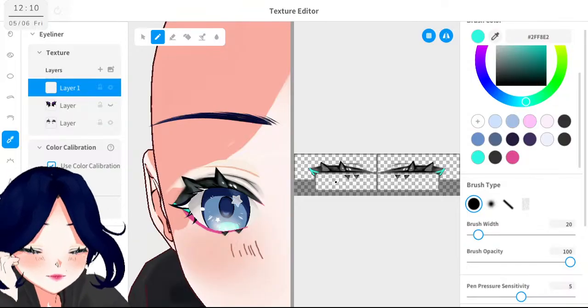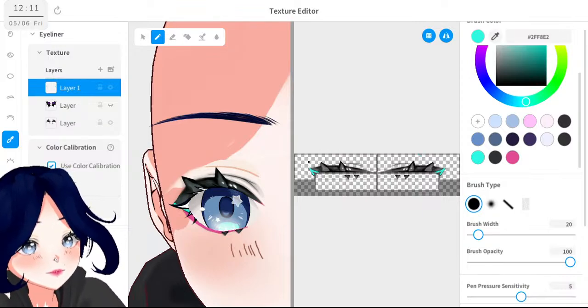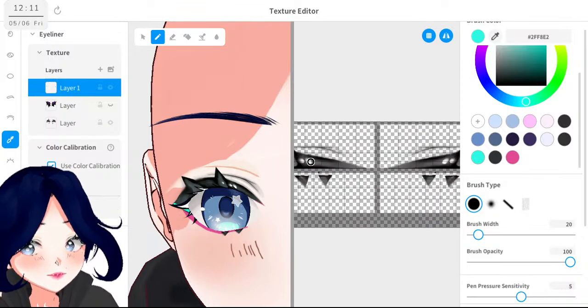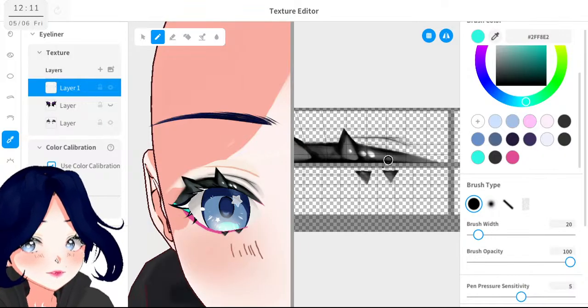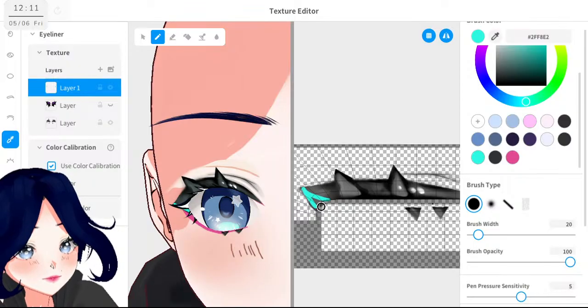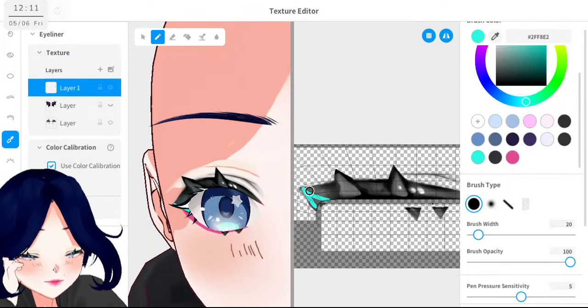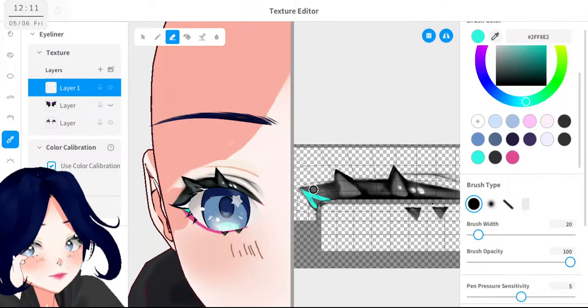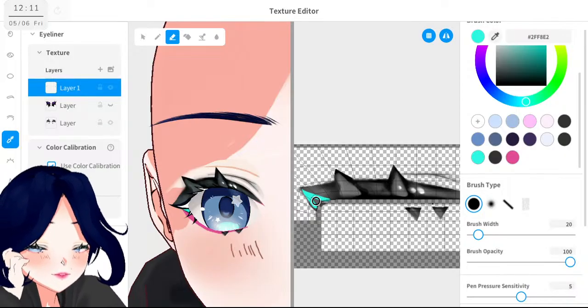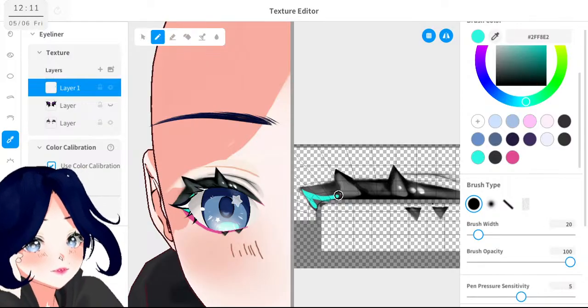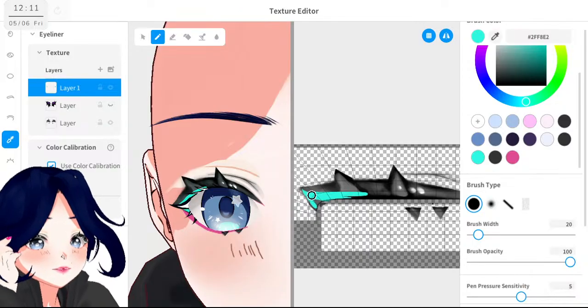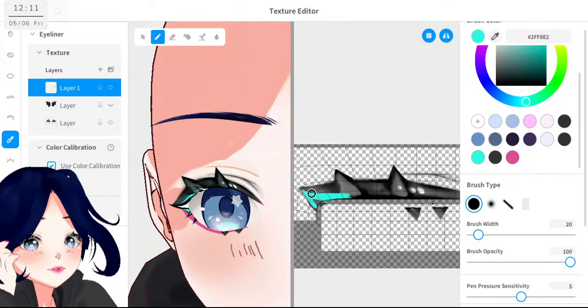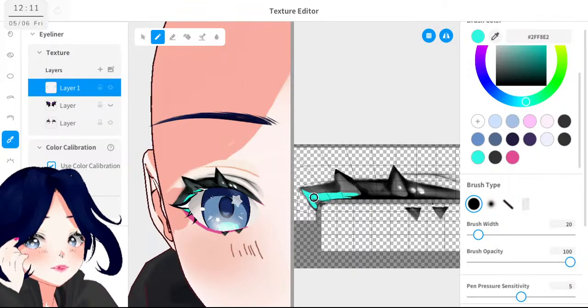And then we paint over with black. Let's see. And brush again. So with this I want to at least get the basic shape I want for the eyes.